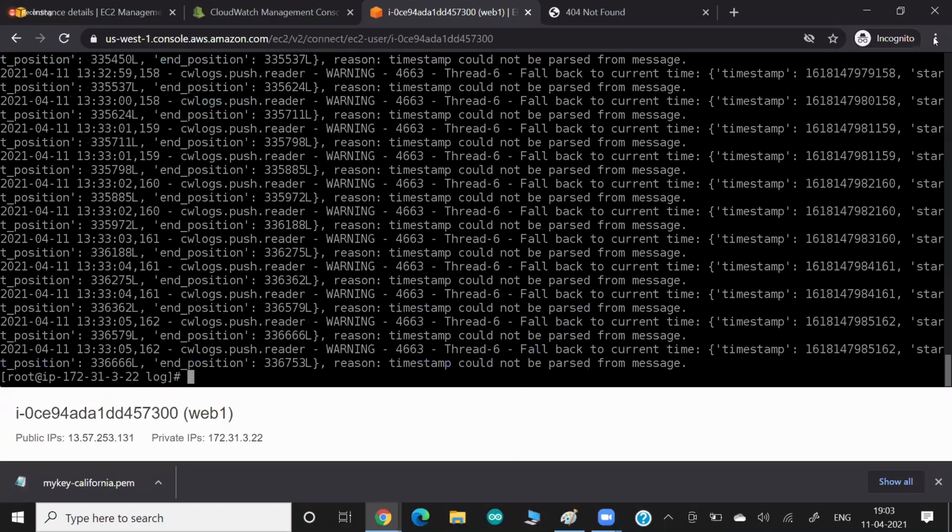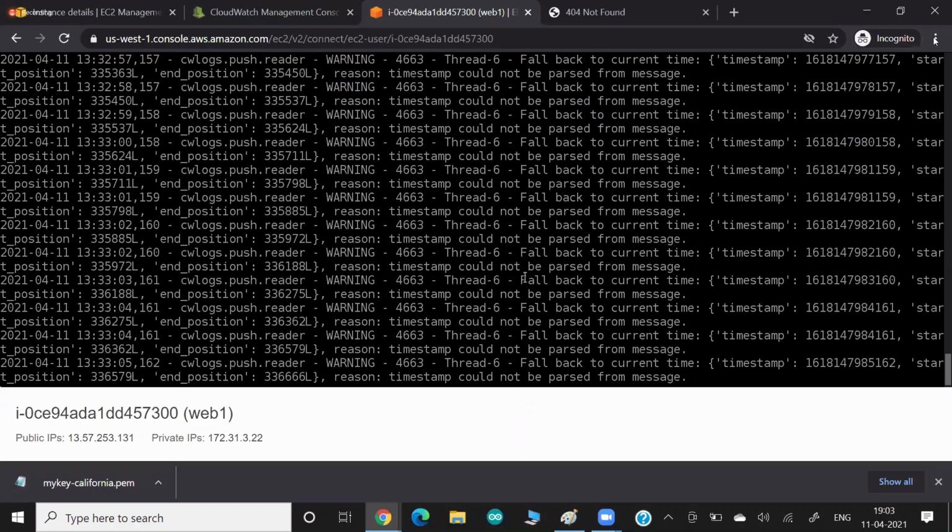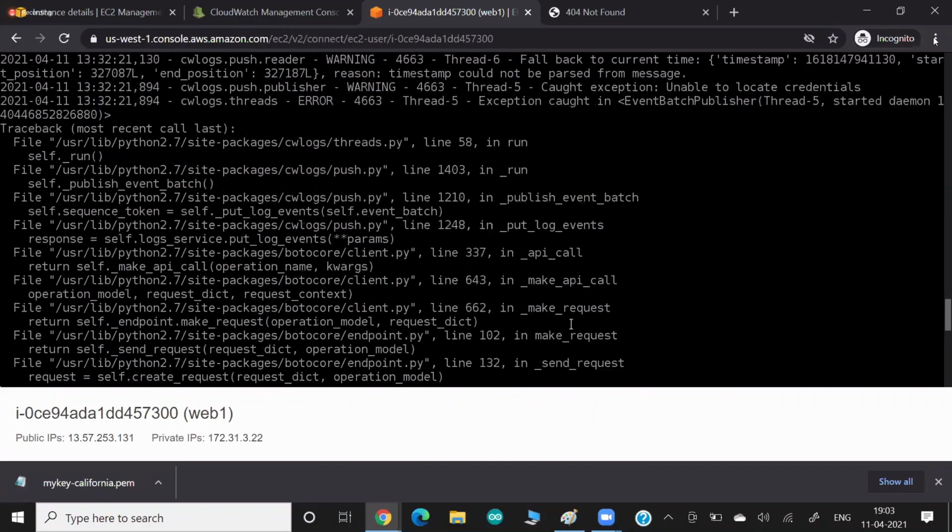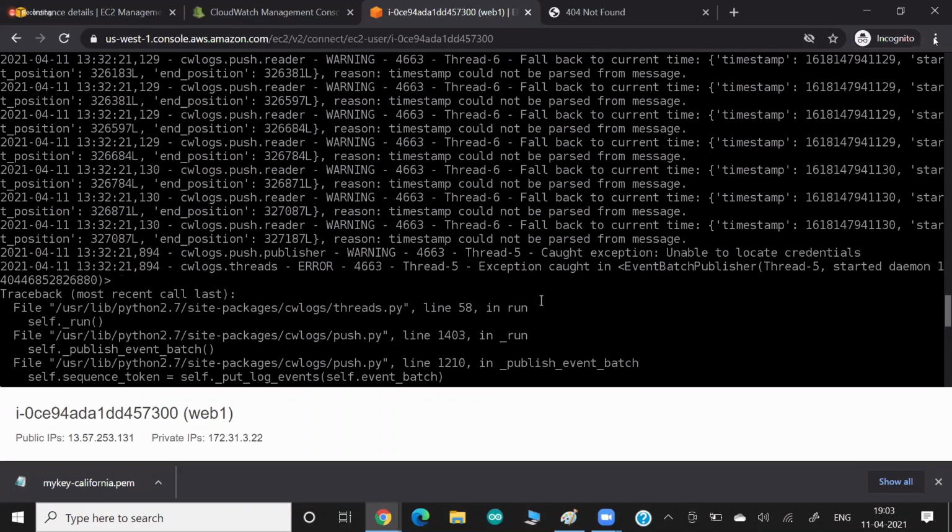And they say cannot parse this message. And if you go up, it is a big long file. Here, guys, they're trying to tell us we have some error in pushing the log. And this error is because of credentials. So the log file is very clear. They say we're trying to push this log, and